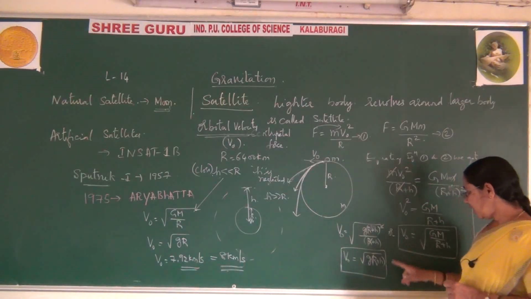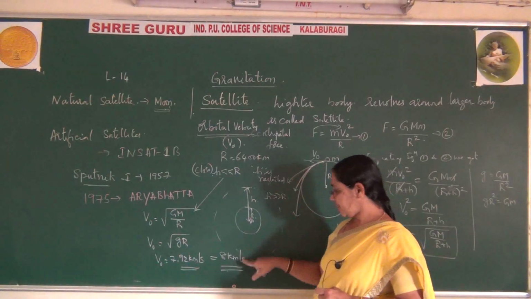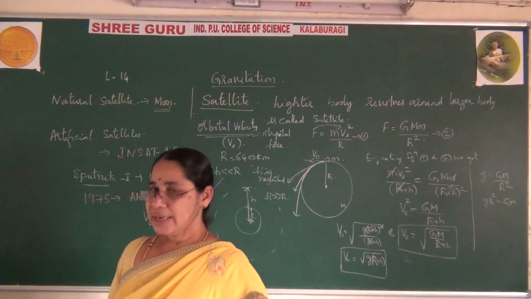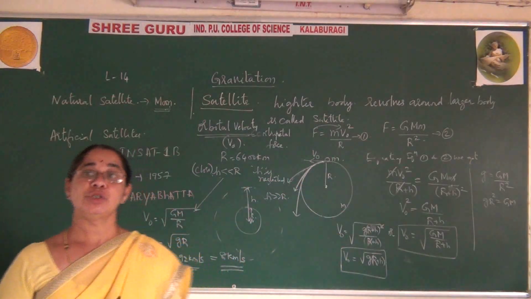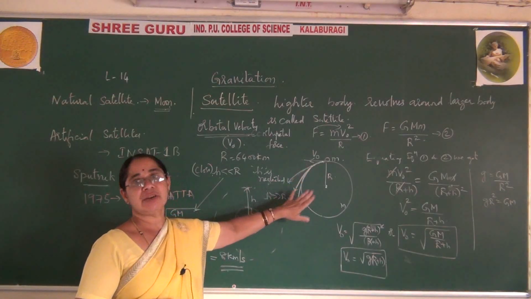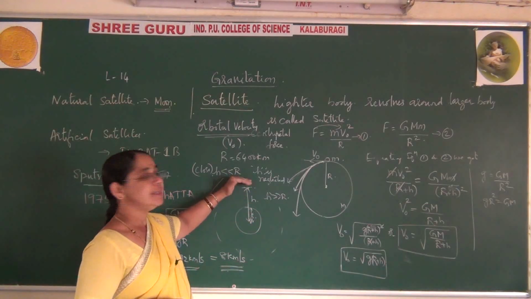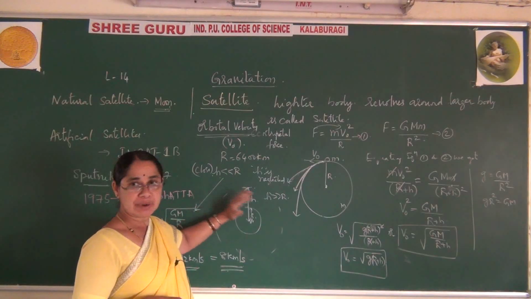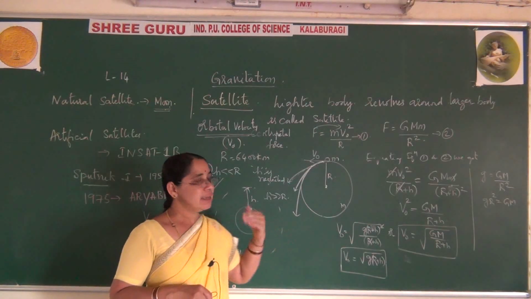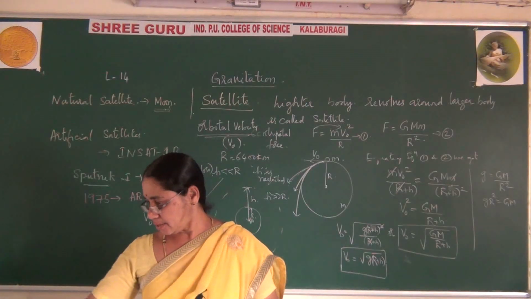Hope you understood this regarding the two conditions I said, for some height and also for close to the surface. Okay. So the remaining things we will learn in the next class. Here one more point we have to come across. We have to also calculate the time required to complete one rotation. Similarly, we also calculate at what height the satellite will be launched, that will be suitable for the satellite to launch around the Earth. These two calculations I will explain in the next class. Hope you understood all these things. Let me stop.